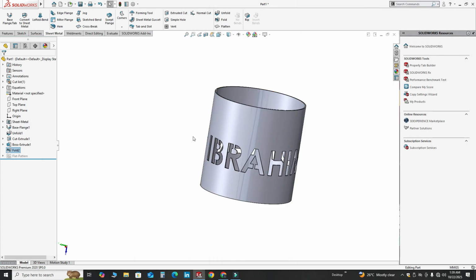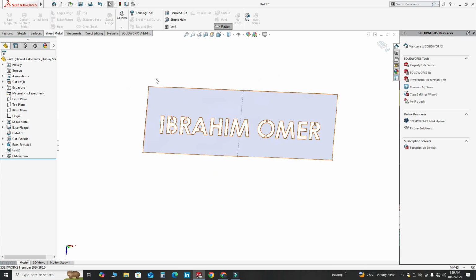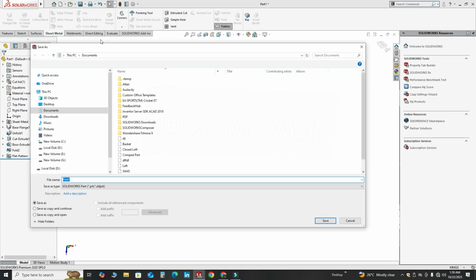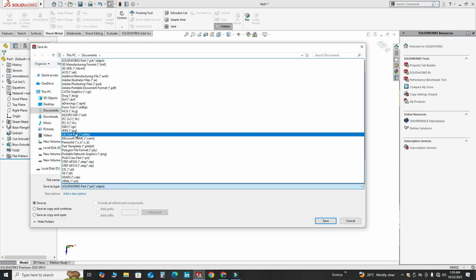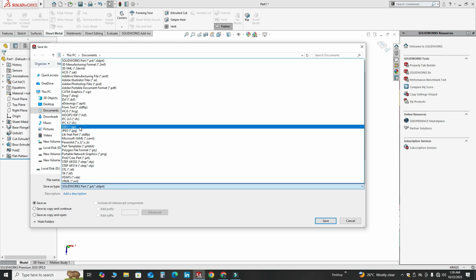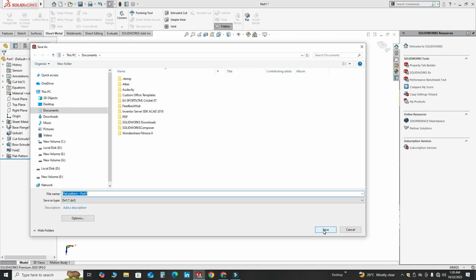So last step is to flatten this, and then I'll go to here, save as, and then I will change my file type from SolidWorks part to machining format, which is DXF, and select save.